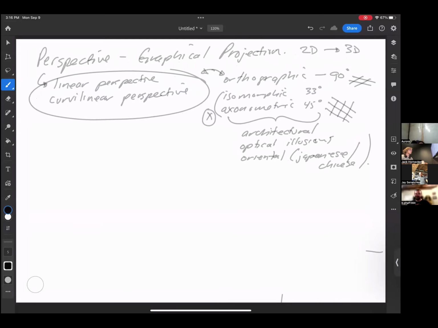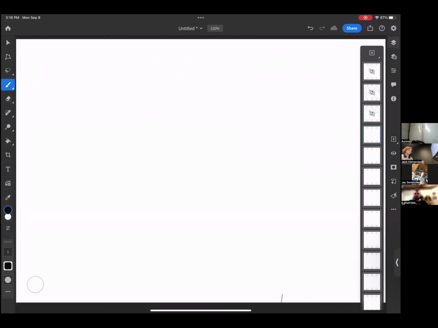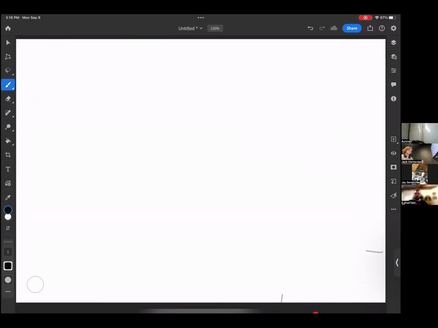Okay, before we break, let's go over a couple of other things so that we can get our toes wet in the proverbial waters of perspective. Like I mentioned, the first step in doing any perspective drawing is to draw your horizon line and place your vanishing points. Also, like I mentioned, we're going to be doing nothing but 1 point and 2 point for the next number of weeks.